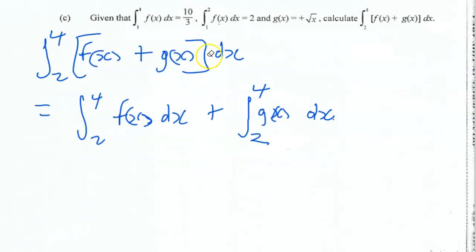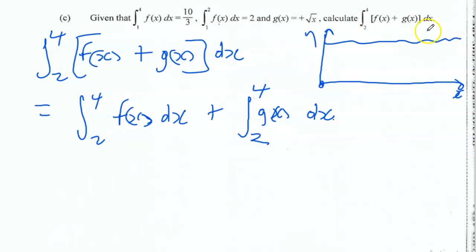Now let us try to evaluate this integral. Let me do a sketch of a function. Where can I put it? Let me do a sketch here, right? So let's say we have a function. This is y, this is x, where they meet is 0. Let's say we have a function f of x. Alright, this is f of x. Now the integral between 1 and 4, so the limits here in question are 1, 2, and 4. So x is 1, x is 2,